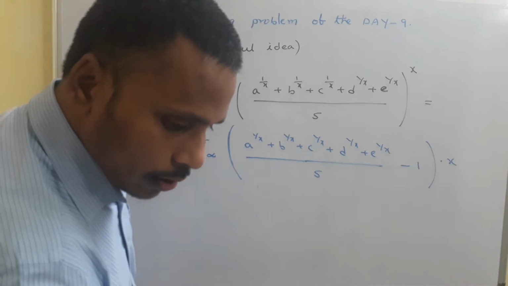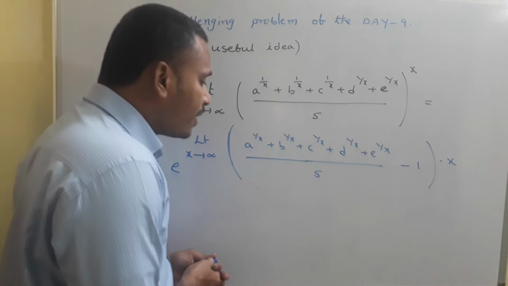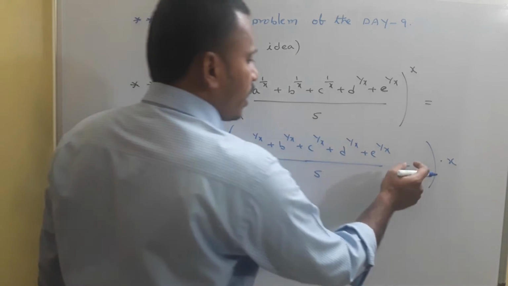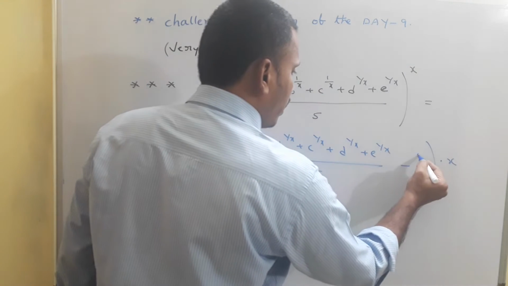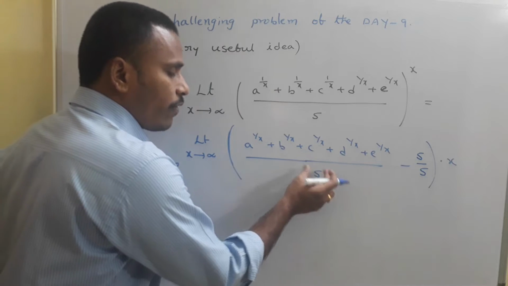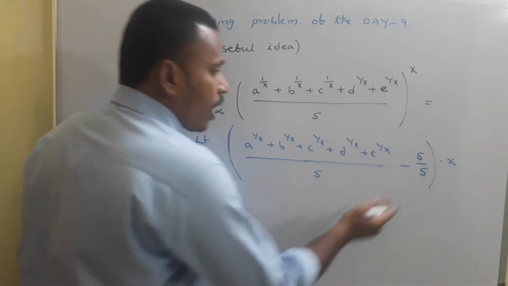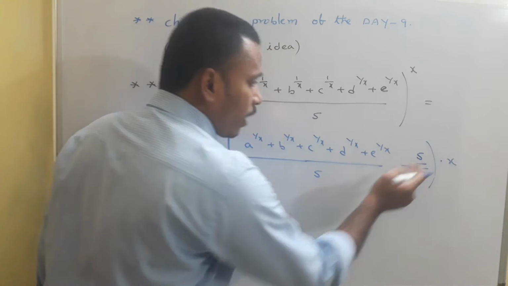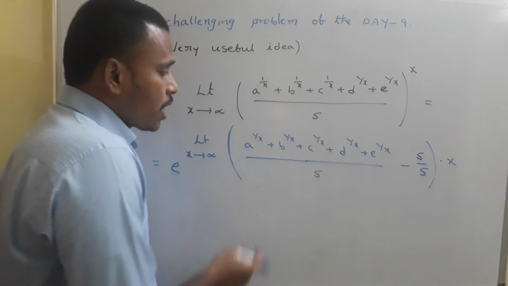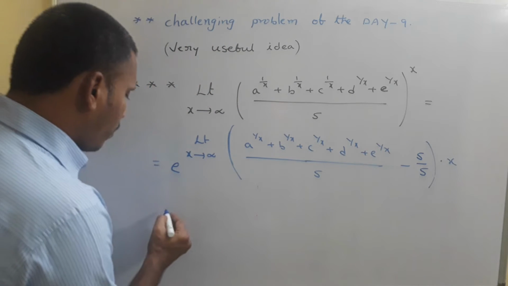Now how to solve this? Just have a look. You just take LCM here. See, this total quantity divided by 5 and it is minus 1. This can be written as 5 by 5. Now here we have 5 as denominator, here again 5 is in the denominator, and in the numerator we have minus 5. You just distribute this minus 5 for all these 5 terms, each one. Then in the next step it becomes like this.